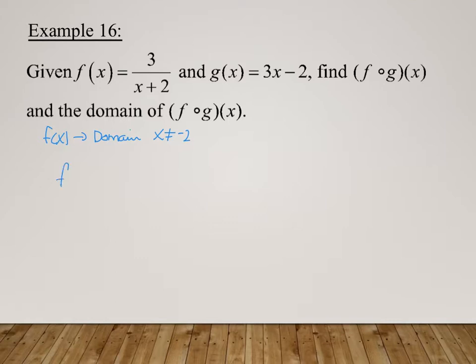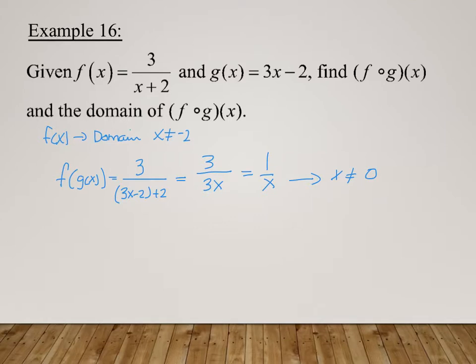So we look at f(g(x)) in its entirety, and we get 3 divided by (3x minus 2) plus 2, right? So this is 3 divided by 3x, which is equal to 1 over x. So this also implies that x cannot equal 0, right? Well, in any case,